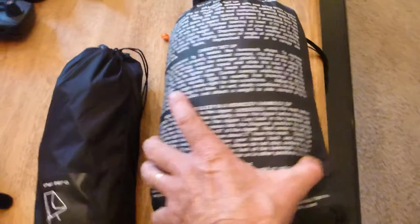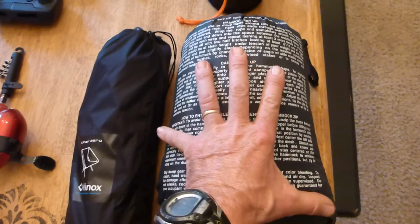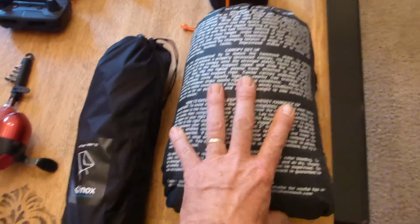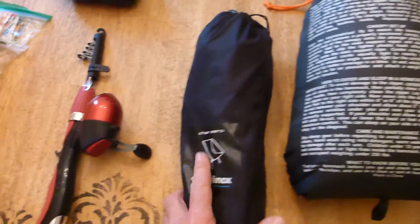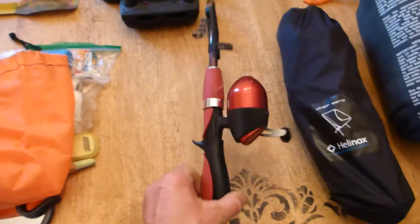And this is my old Hennessy hammock bag. This is what I have my homemade Costco quilt in, and there's 2 of them buttoned together. So I got 2 Costco quilts buttoned together there for my underquilt, and that's kept me pretty warm. Helinox chair, telescopic fishing pole,